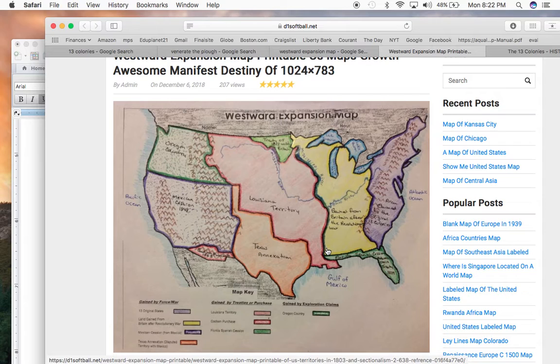And then the United States doubled in size with the purchase of the Louisiana Territory in 1803. Just 20 years, 1783 to 1803, after the signing of the Treaty of Paris at the end of the American Revolution. Just 20 years later, the United States technically doubled in size by purchasing this enormous swath of land